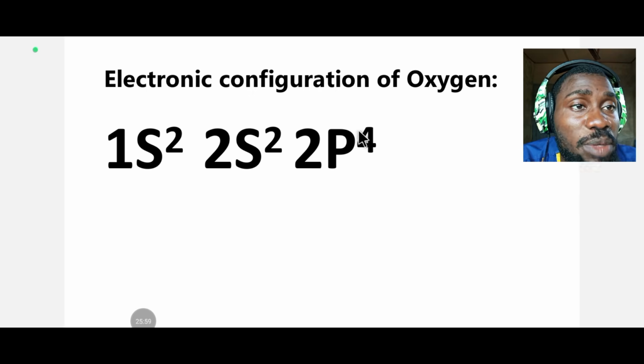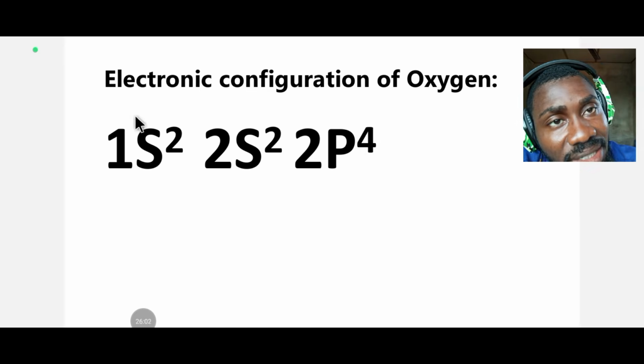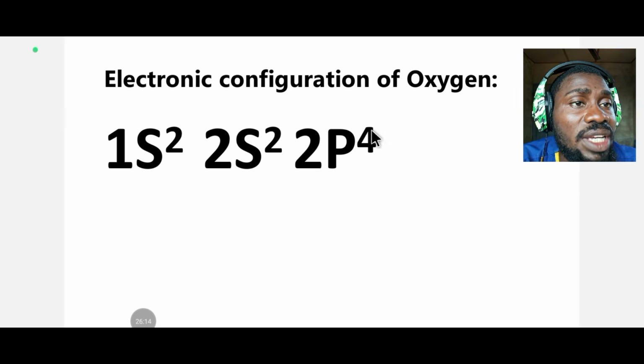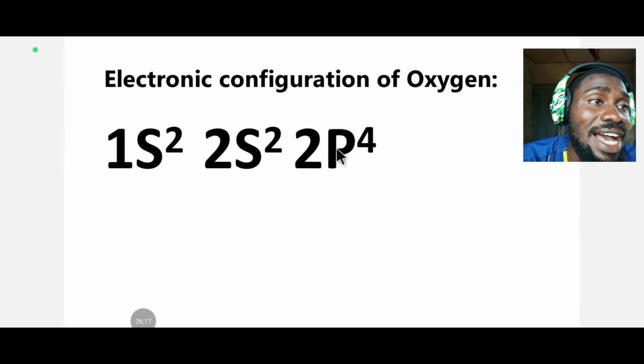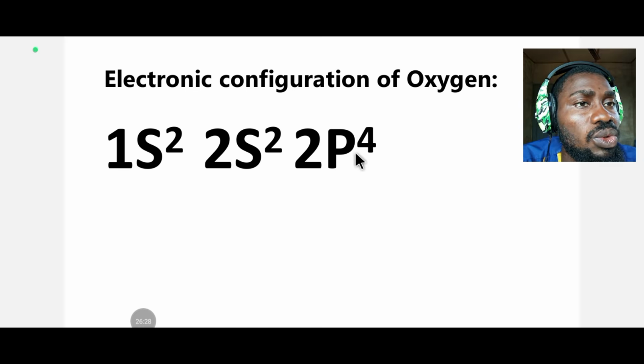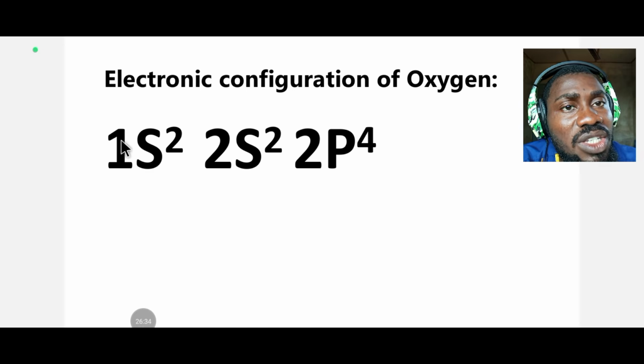So if we put 6 here, for example, this electronic configuration becomes the electronic configuration of neon. So for us to get the electronic configuration of oxygen, not to exceed the atomic number, remember all these exponents, all this raising power represents the electrons, and the electrons represent what? The atomic number. This is what you are going to add to know if you have exceeded or reached it. But you have to follow the proper sequence, which is 1s, 2s, the next one, 2p,